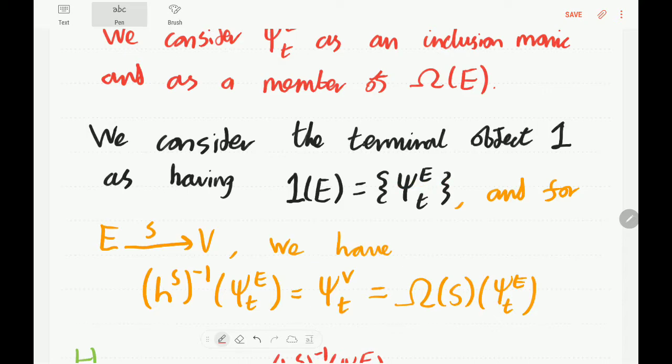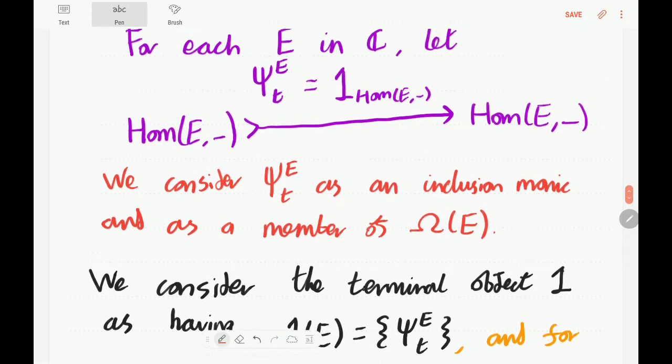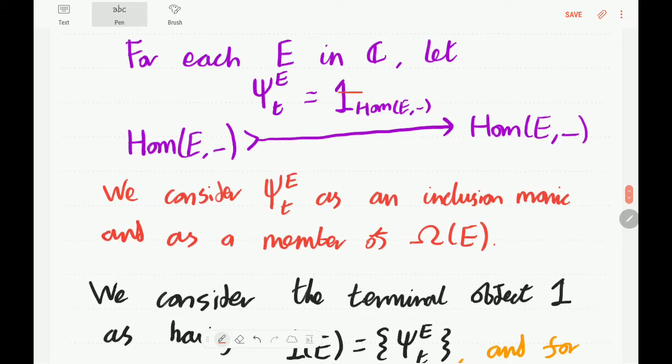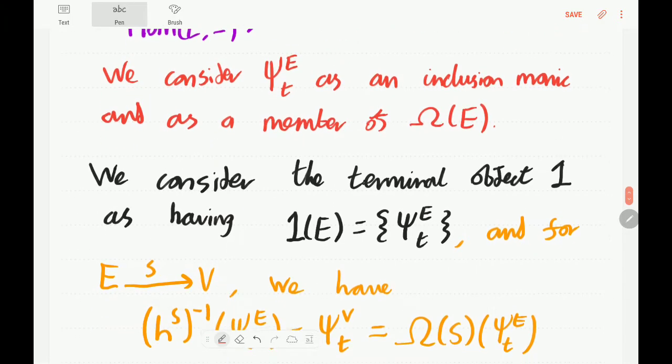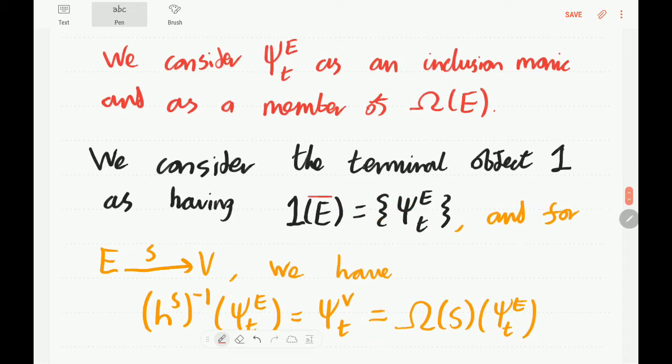Just this sort of singleton set where, as usual, psi e t denotes hom e comma blank, denotes the identity of hom e comma blank. And so, okay, this is really a subobject of hom e comma blank, but we think of it as an E-type element of omega. And so it's easy to see that we're making